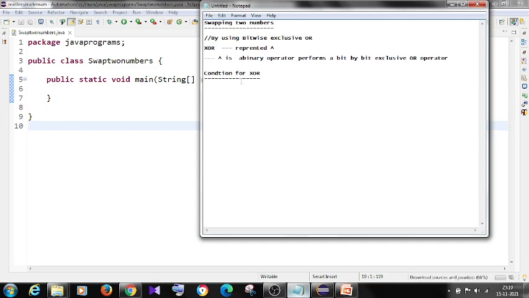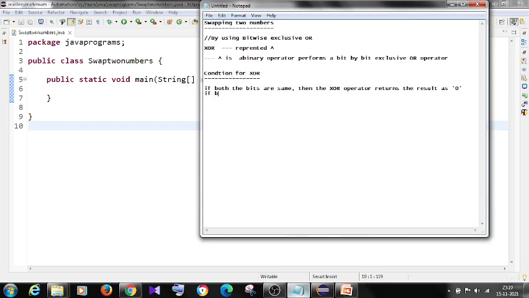See, if both the bits are same, then the XOR operator returns the result as 0. Remember this one.